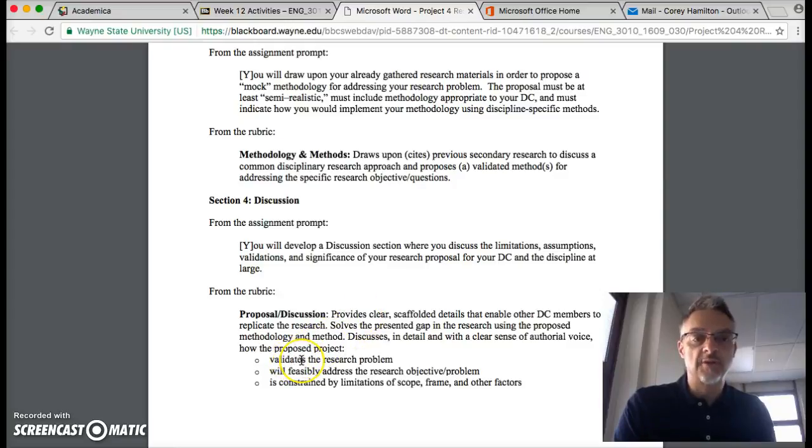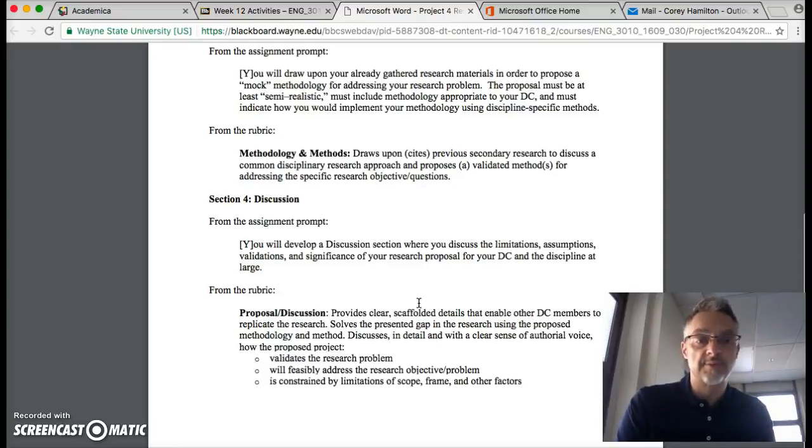So in other words, your research question and all of your literature review and how you introduce this project and the subject that you were talking about, that they're very strongly connected. Then feasibly address the research objective problem. Then you would talk a little bit more about the results, what you might find, and how those results would then be applied to solving or filling that gap more specifically.